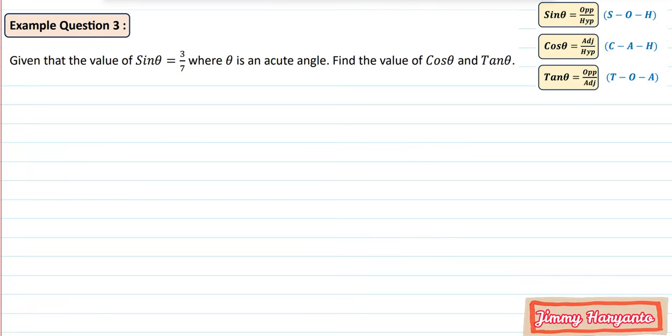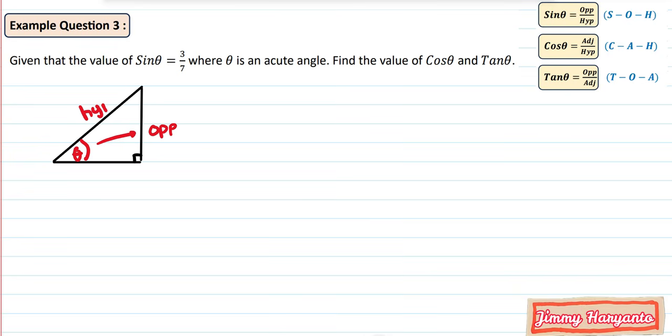Okay, next is example question 3. For this one, the question didn't give you any information about a right triangle, either the sides or the angle. So I think for this one, we have to create the triangle by ourselves. Yeah, like this. And there is no ABC. That's okay, but we have angle theta. So let's say the theta is right here. If the theta is right here, that means this one is the opposite, this one is the hypotenuse, and this one is the adjacent.